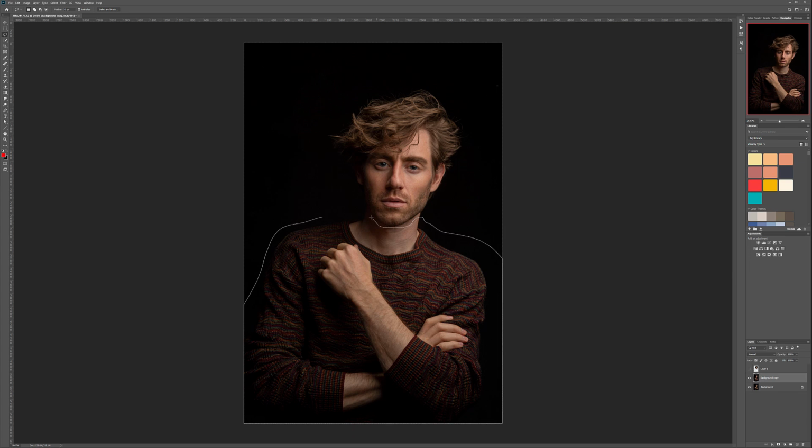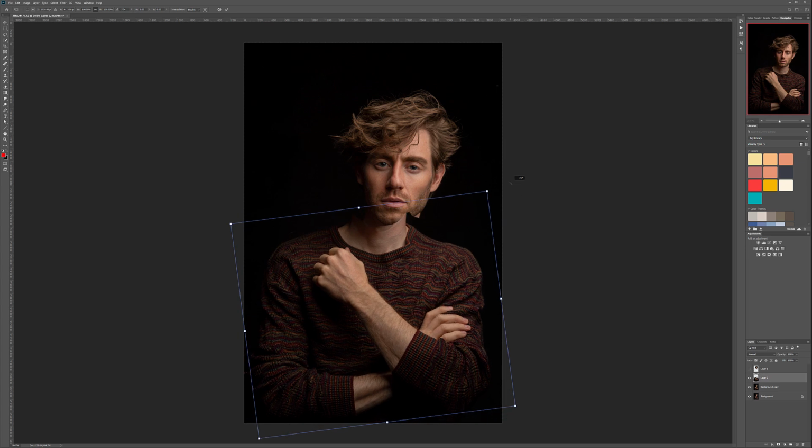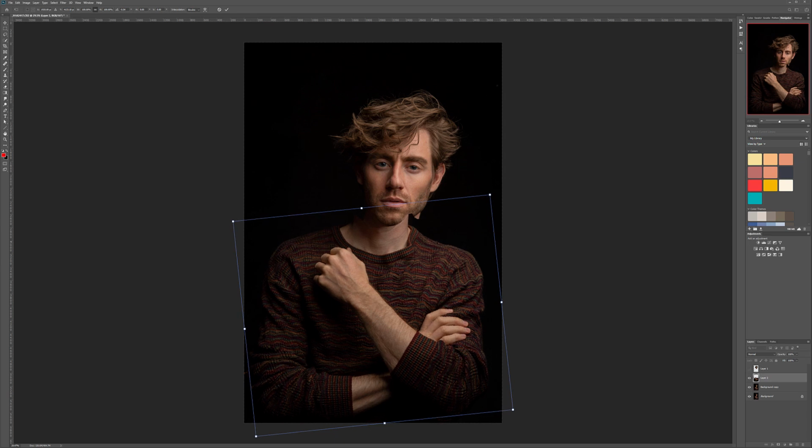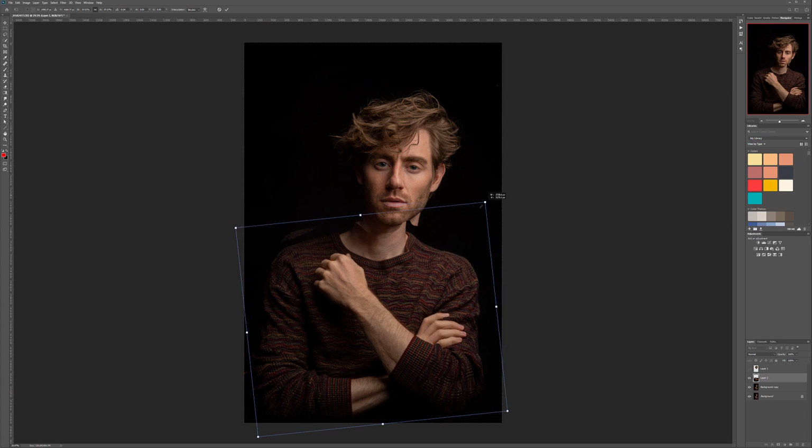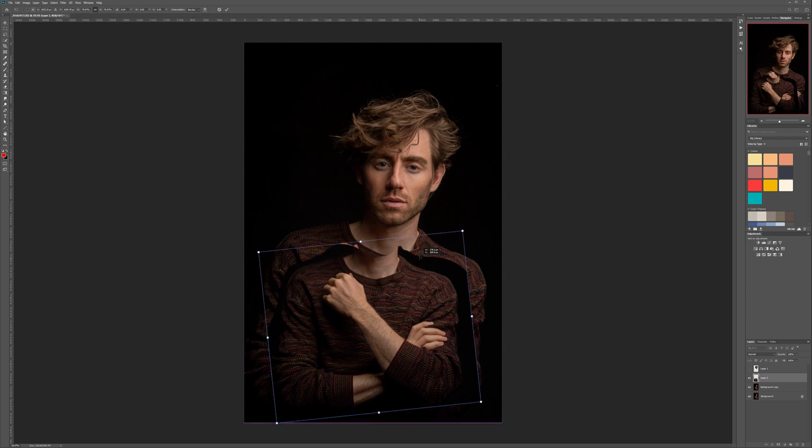We'll select a little bit more on the neck. So we'll copy paste this one. The reason I want to do this is so we can readjust, because I actually want it a little bit straighter, like right there, and we can actually shrink it